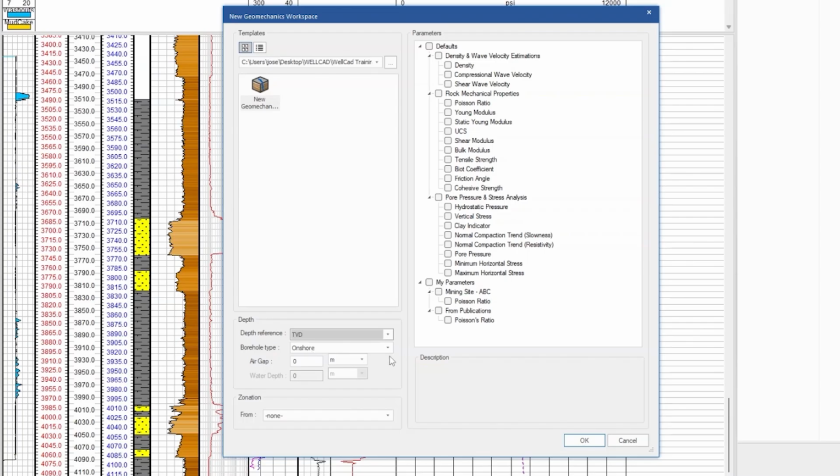For the borehole type, it is an offshore well where we have a 1,500 meters of water column and an air gap of 25 meters. We can use this operation as a proxy, as we also have a litho log which we could use, but we're not going to use it in this example just because we want to show how things work from scratch.